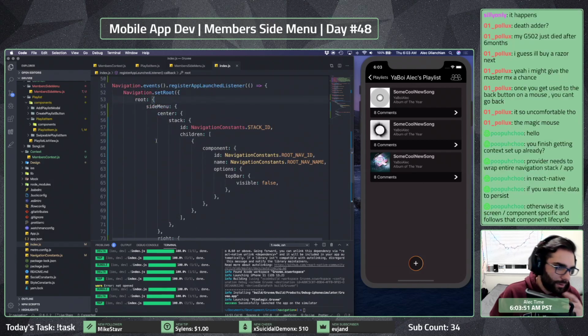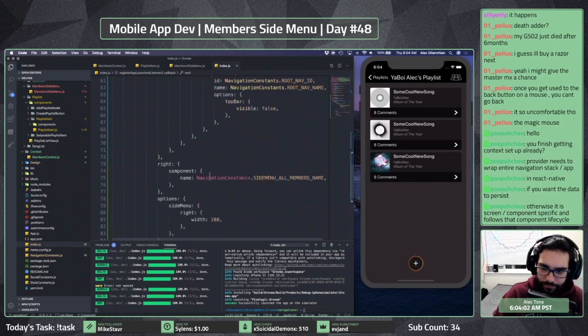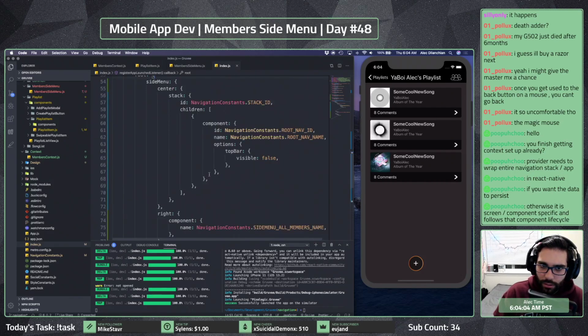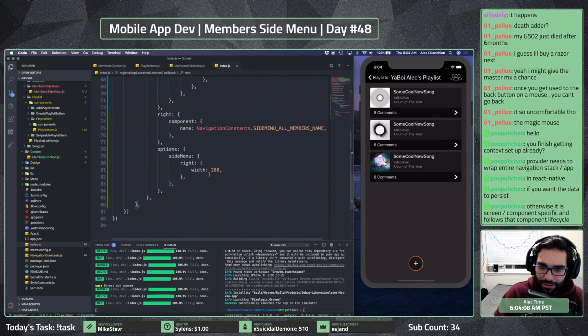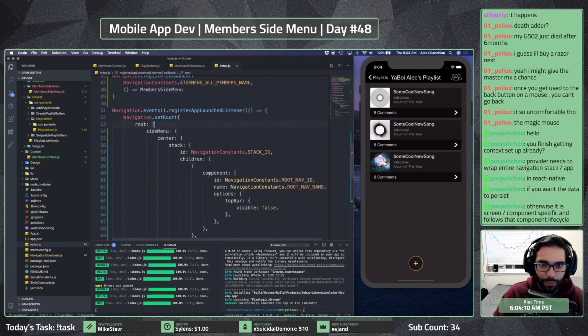This is even sort of weird. Otherwise, it is screen component specific and follows component lifecycle. Okay. Gotcha. Because even, I guess I just have to put in the root, right? So where is this thing?